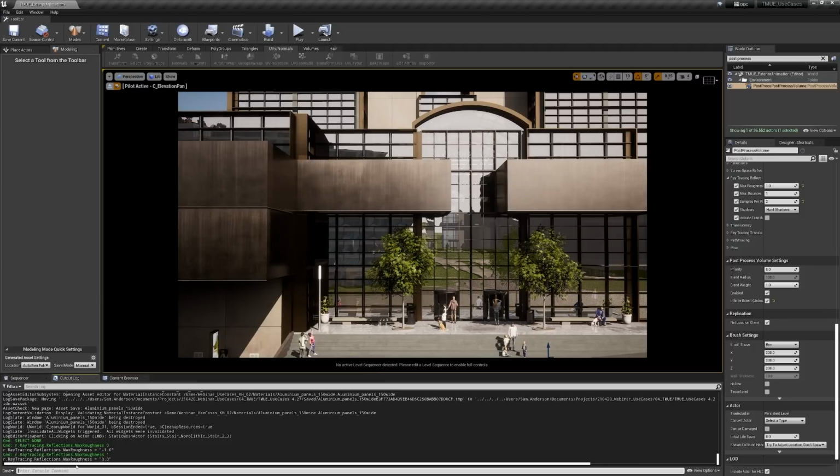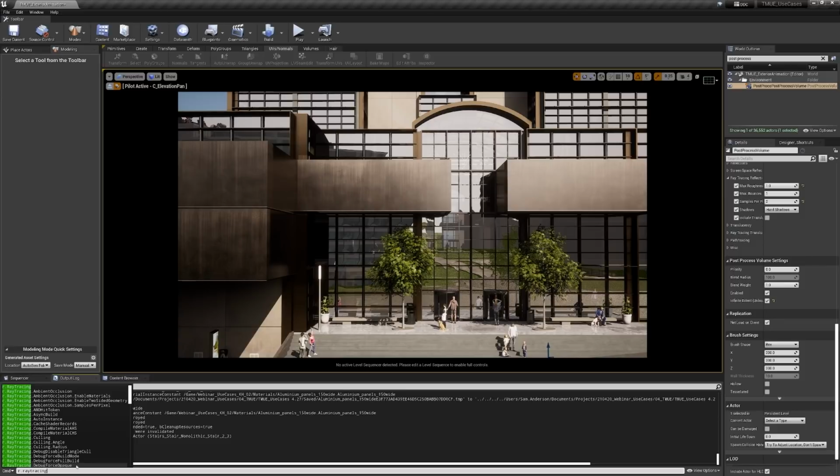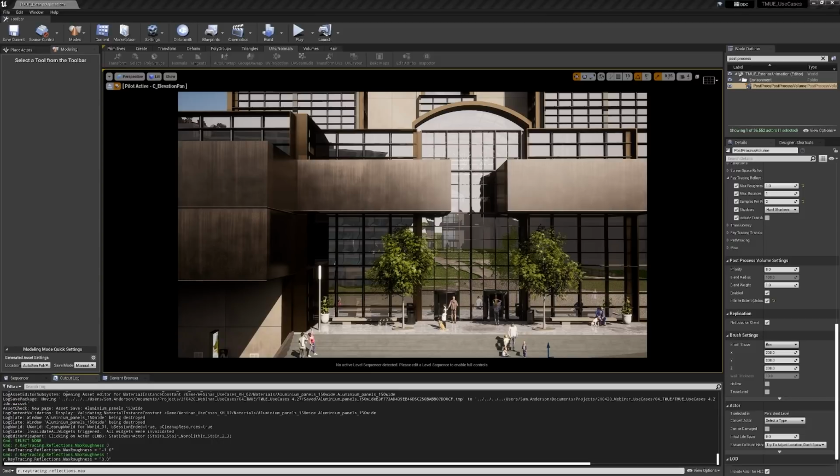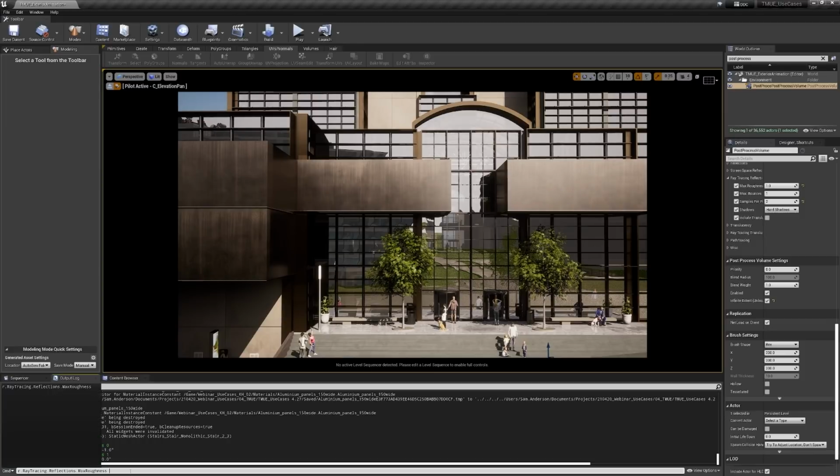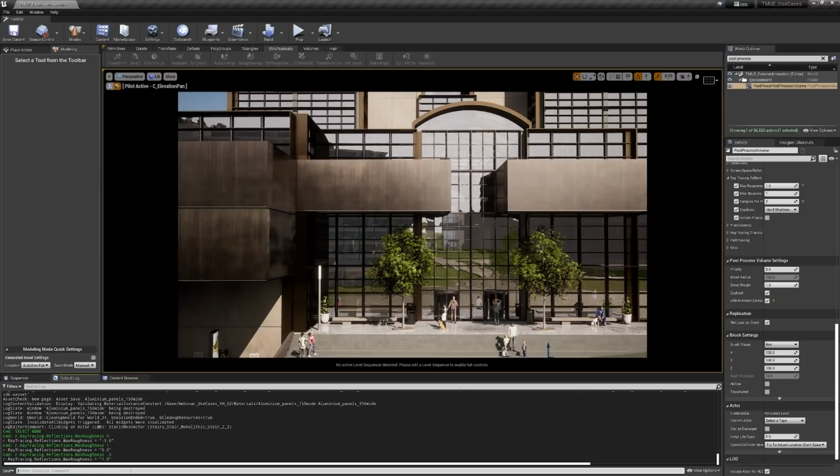So to do that, I'm going to type in r.raytracing. And you'll see that this can give you some ideas for actions that you can perform. I'll keep on going and type in reflections.maxroughness. I could go up and select that with my mouse. And then at the end, I'm going to hit the space bar and then hit 0.5. You'll see how this changed the model here.